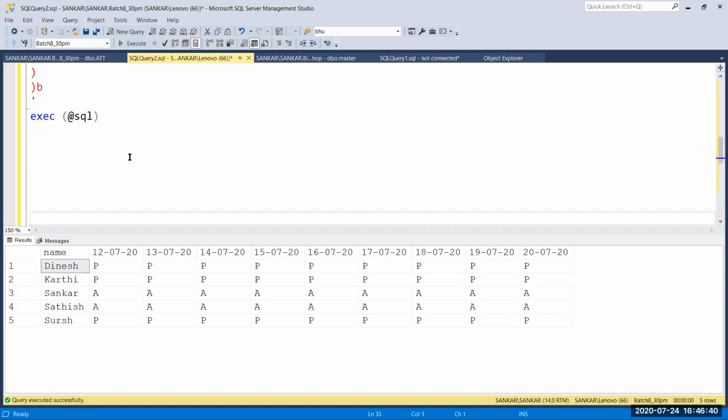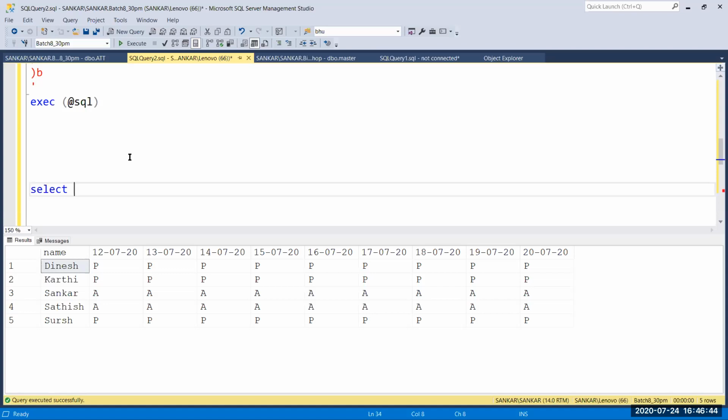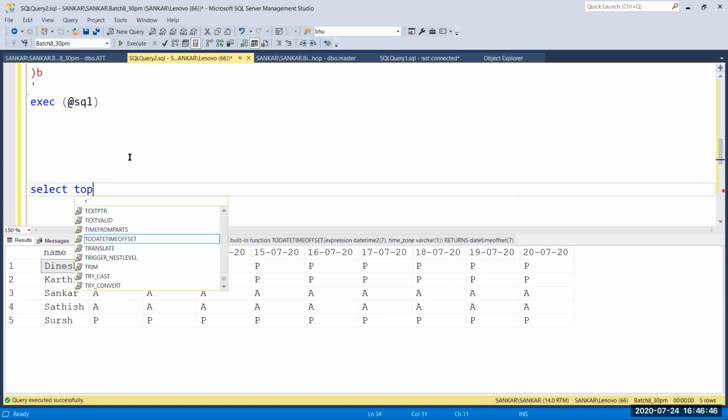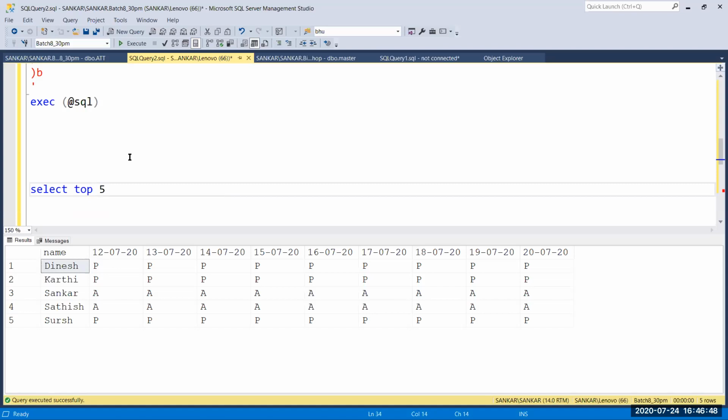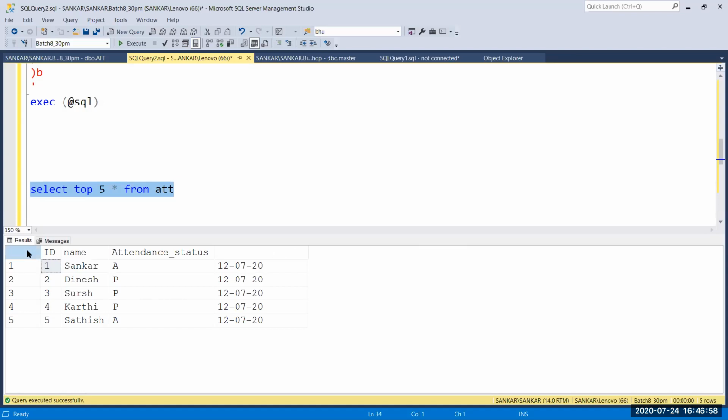And here I'm going to crop some values for my reference. Totally we have 5 values, so I'm going to do top 5, then star from ATT. So we get the value reference. I'm going to copy this, copy with headers, then I'm going to delete here.